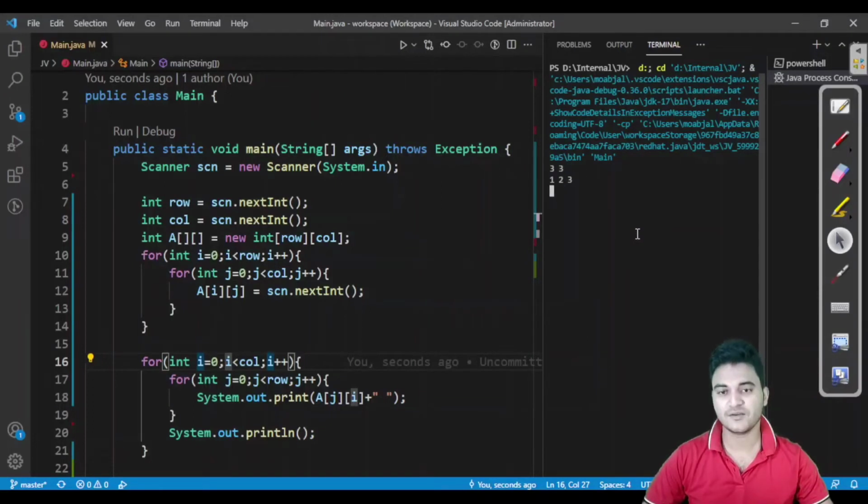So 3 into 3, 1 2 3 4 5 6 7 8 9. See it very carefully what it is doing. It is printing 1 2 3 1 2 3. It is printing column wise actually, fine. So 1 2 3 is the row, and now it has to be printed 1 4 7, but it is not printing in that way. It is printing in that way, but the output is not clearly visualized.